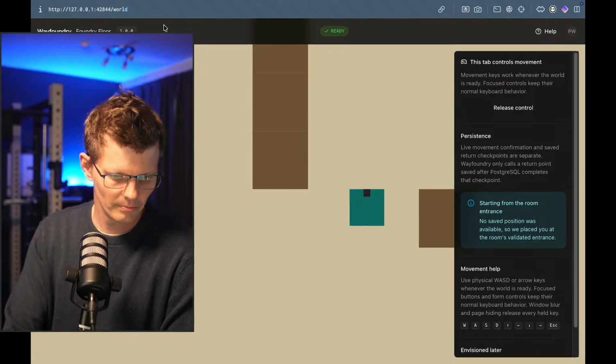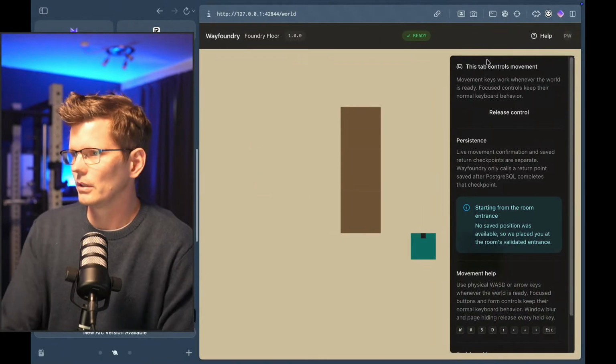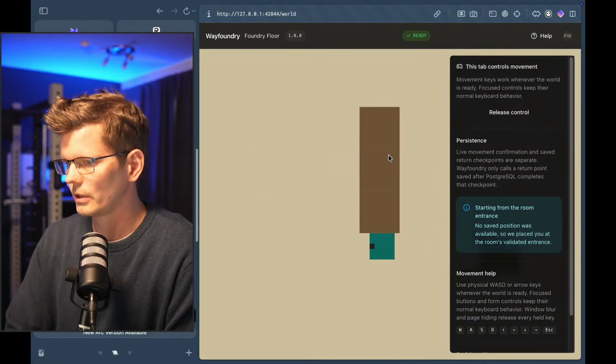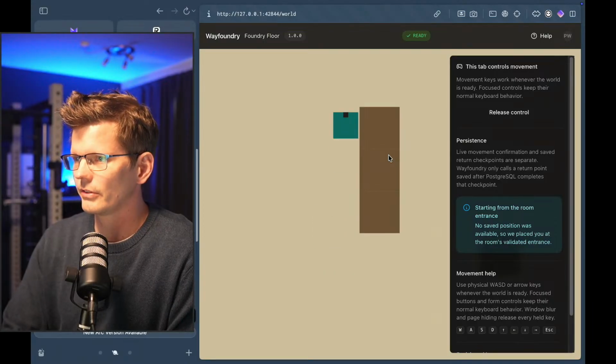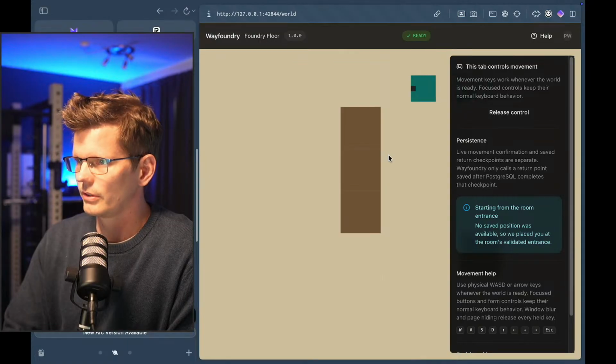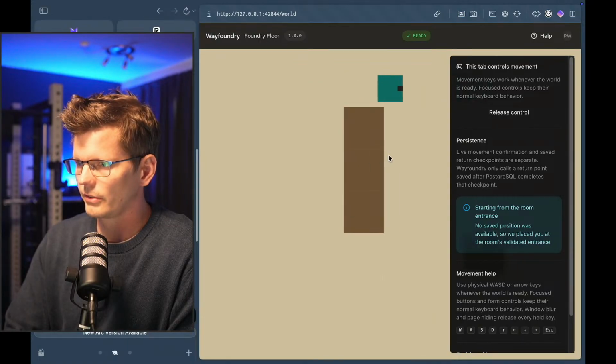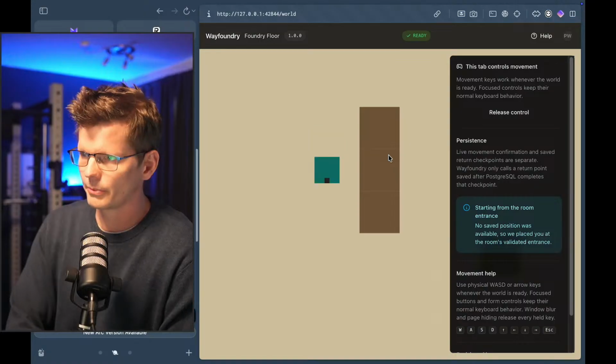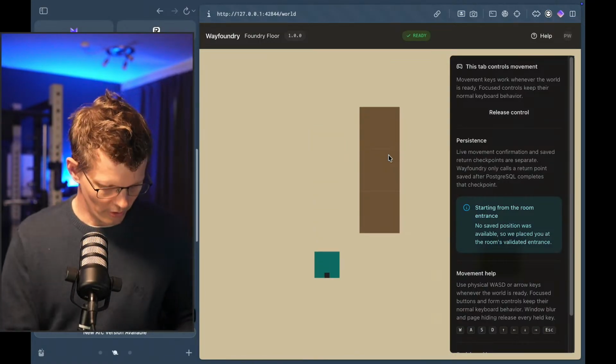Let's just see. Like this. And you can see what I see. So, but it does have solid things we can't move into, and does have follow, so this is pretty good. I wonder